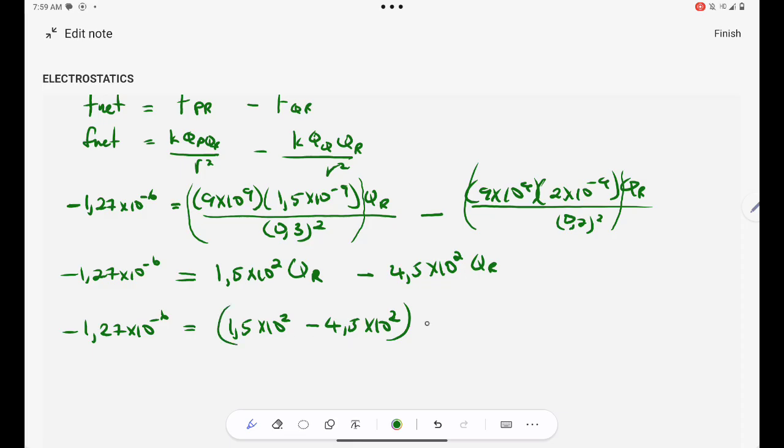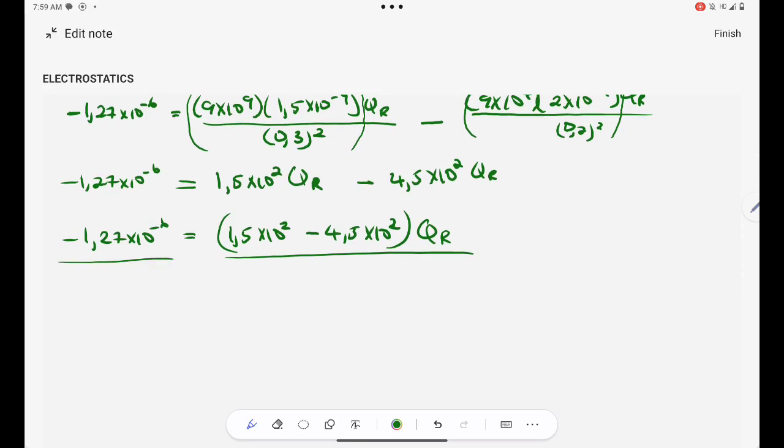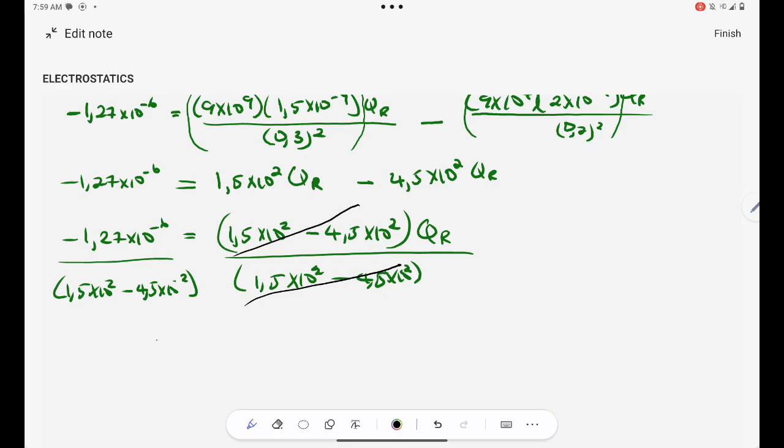I'll just divide both sides by 1.5 times 10 to the power 2 minus 4.5 times 10 to the power 2. So that's how I'll be left with QR. This will cancel that, and therefore QR is just